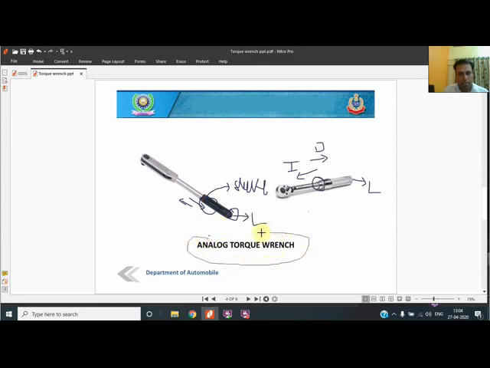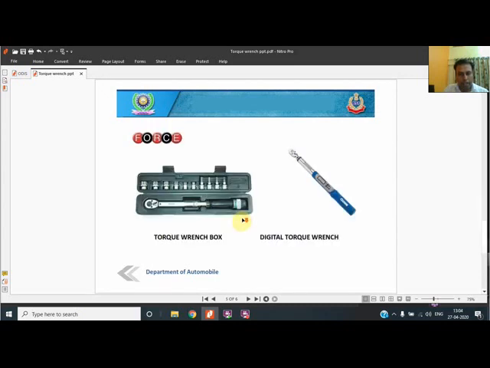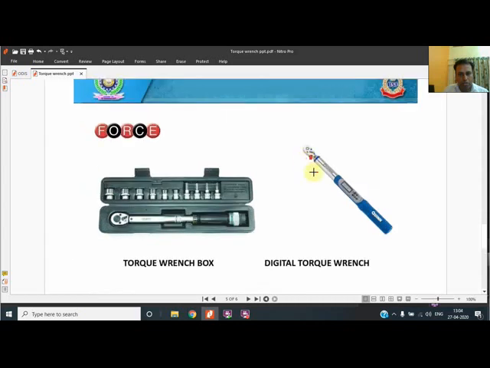The torque wrenches are of two types. One is of analog type, because we are using a mechanical type torque wrench. Similar is the case with measuring instruments also, because these days we are using analog measuring instruments like vernier calipers and micrometers. But there are some digital torque wrenches also, in which a digital reading of the specified torque is shown. You can directly change the reading units also from foot pound to other units.